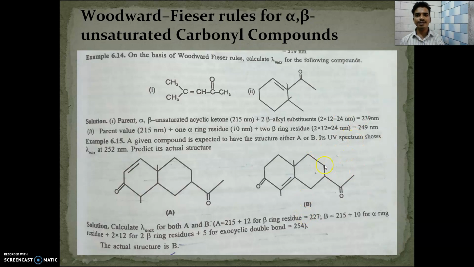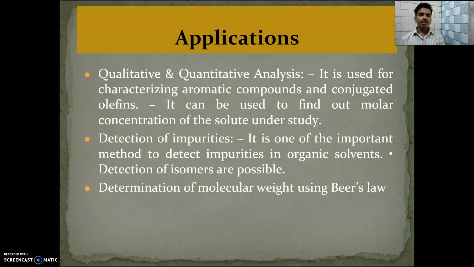So these are the examples that will give the idea about how we can calculate the Woodward lambda max according to the Woodward-Fisher rule for the alpha beta unsaturated carbonyl compound. Then the important last point from this chapter of UV spectrophotometry is the application. Qualitative and quantitative analysis is the main important thing related to this application of UV spectrophotometry,